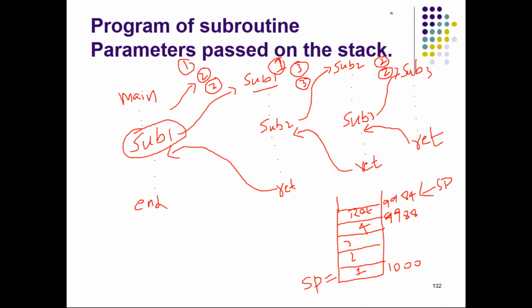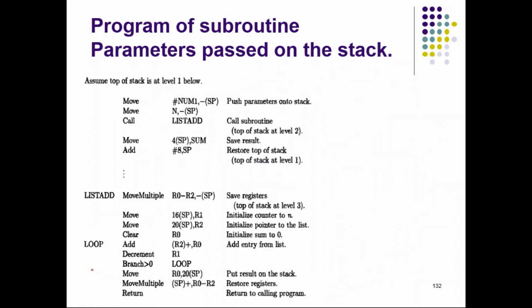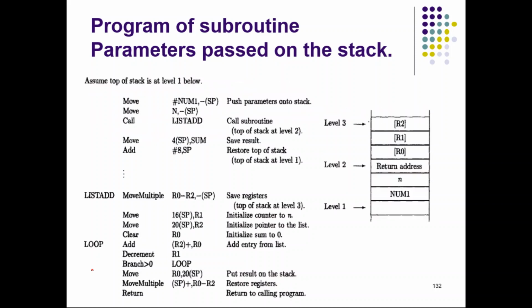Depending on the number of pushes, the stack pointer will always point to the top of the stack. Accordingly it will move. So it is not enough to use only the stack pointer. When there are nested subroutine calls, things cannot be managed by using the stack pointer alone. So here we are going to introduce another pointer, and this pointer is called the frame pointer.